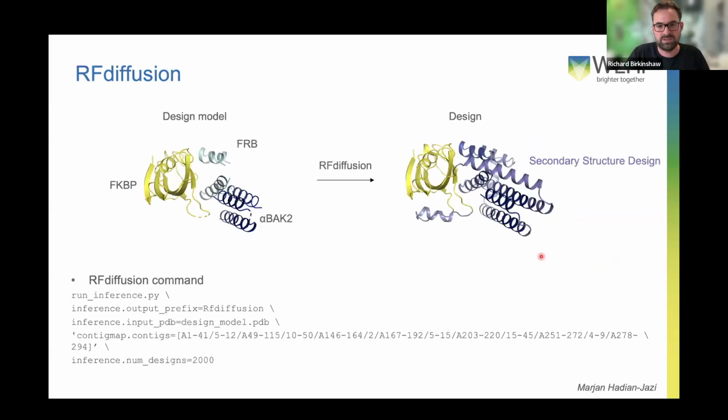So the first step was doing this RFdiffusion. We take our design model, I then run the inference pipeline. This is the command that was being run. So we tell which regions of the structure we want to keep, where we want to introduce new sequence, how long I roughly wanted those regions of sequence to be. And out of that, we would get a prediction of secondary structure. And we ran this, or Mariam ran this 3 times, asking for about 2,000 designs in each process.